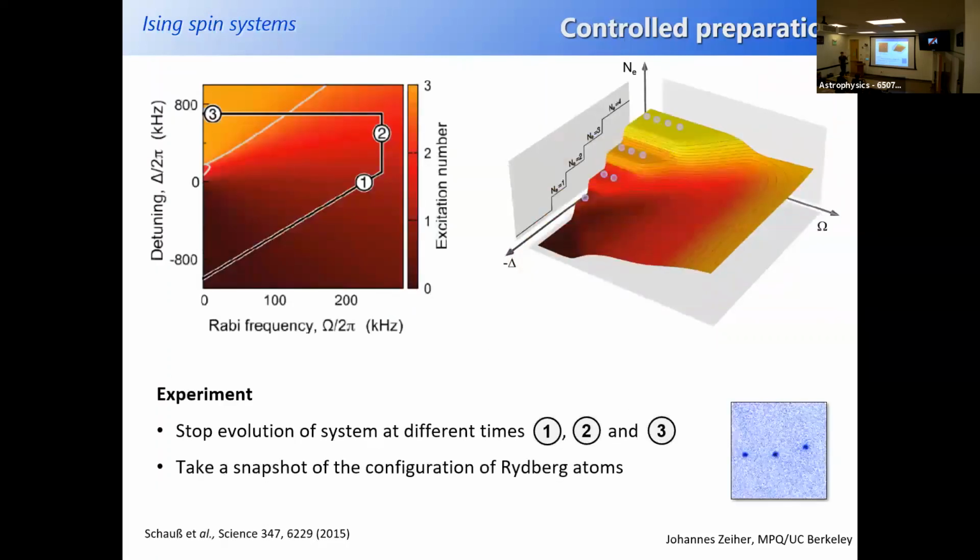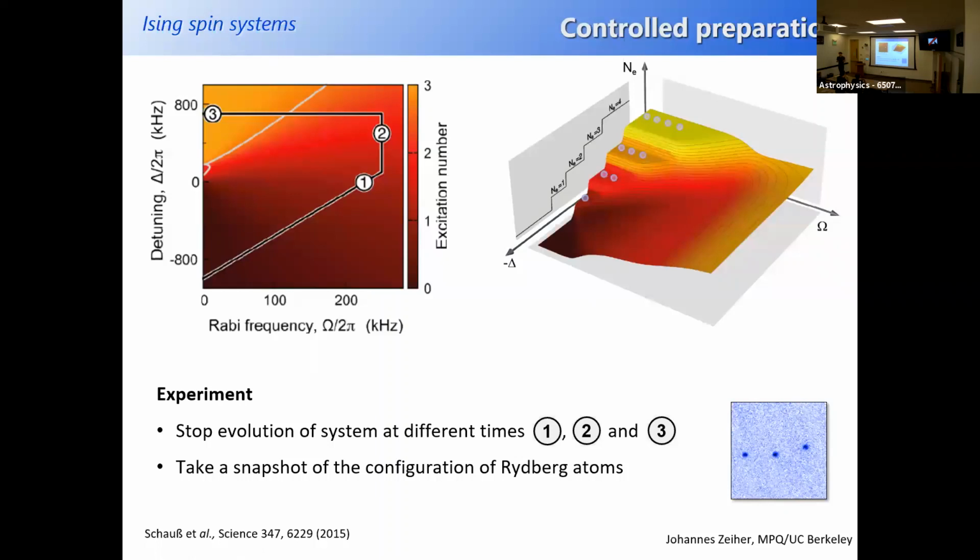And here's the way we wanted to do that. Here's again the phase diagram I just showed you. What you see here on the left is a 2D view of the phase diagram with the path that we're trying to follow indicated. It starts down here, where we know the ground state is the state with all spins pointing down, then increasing the omega, and then punching back into this trajectory.